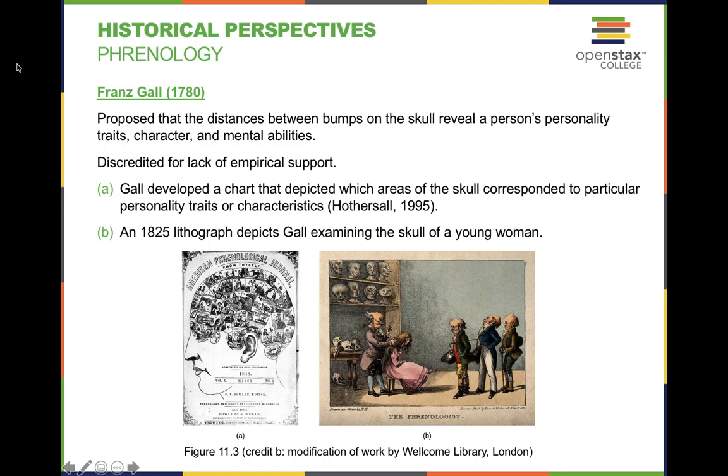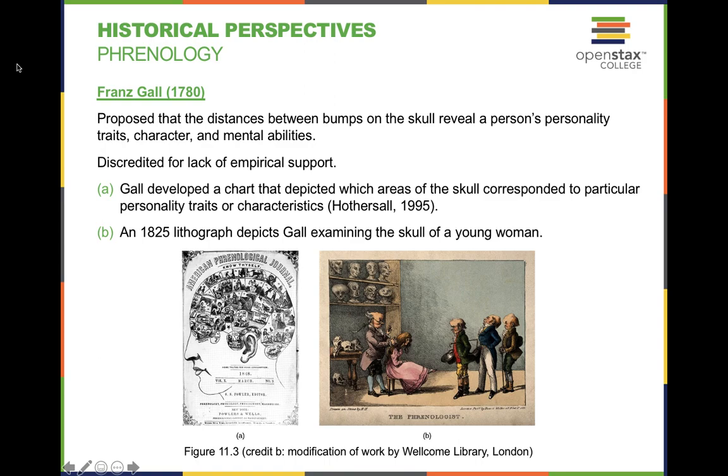All right, so let's go through a little bit of history of personality perspectives. Firstly, we have to talk about Franz Gall, who in 1780 created what's known as phrenology. Phrenology is considered pseudoscientific, and pseudoscience quite simply means fake science. So he proposed that the distances between bumps on the skull reveal a person's personality traits, their character, as well